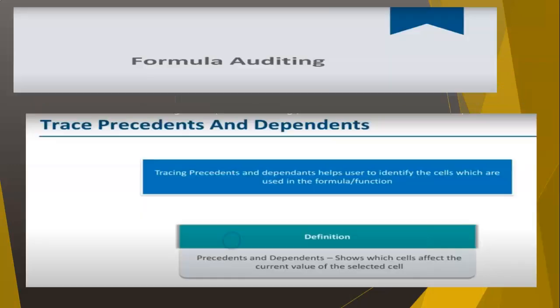Today we are going to discuss some techniques under formula auditing. What is auditing? Auditing is a tool wherein you check your previous workings in order to avoid future mistakes. So we shall look into the auditing techniques. And here there are 2 to 4 auditing techniques which we are going to discuss in detail.